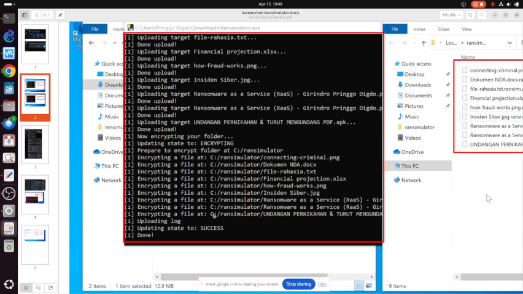But for the ransomware simulator, the computer can still be used because the ransomware is not that brutal. Only that particular file will be encrypted, but it will take all the information of the computer, like the hardware ID, operating system, and so on.